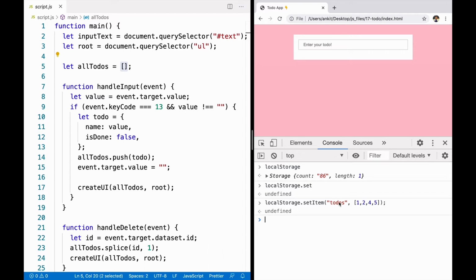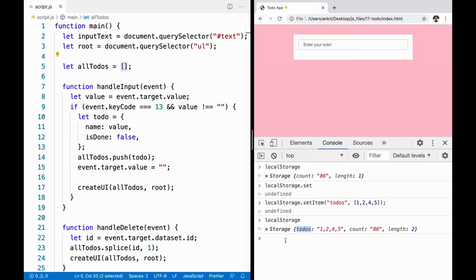So what we did is we added a new property, todos, with the value of an array. Let's go ahead and look at local storage. When we look at local storage, we can see we added an array, but that array got converted to a string, because that's what local storage does.